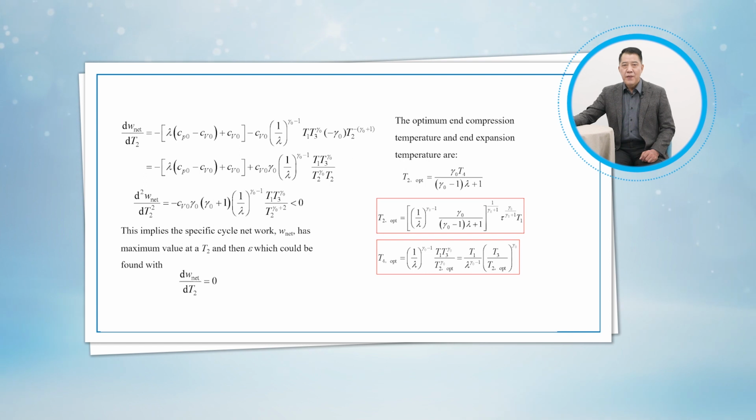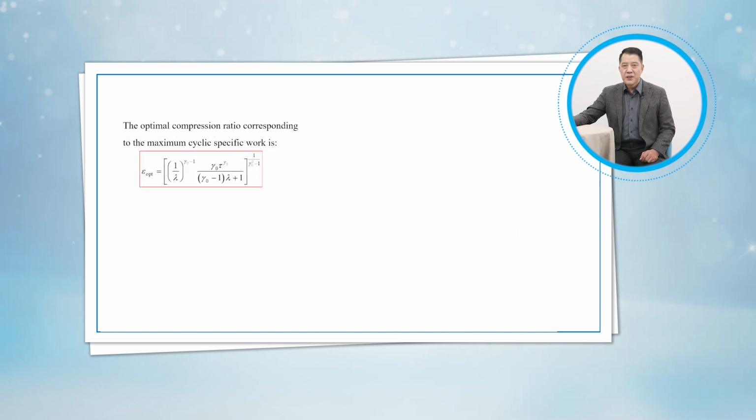The optimum end compression temperature and end expansion temperature are the optimal ones corresponding to the maximum cyclic specific work, and the optimal compression ratio is